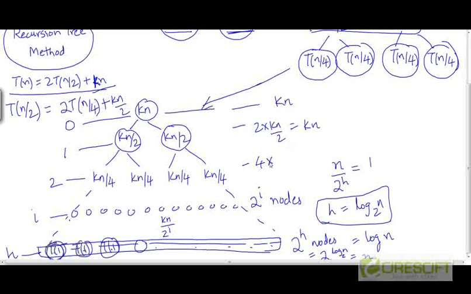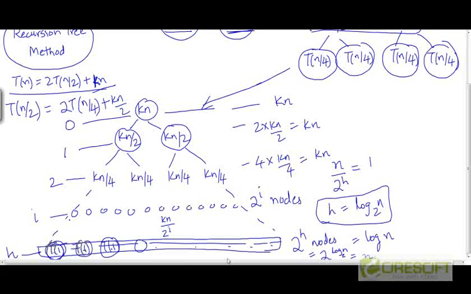And so the cost it will contribute is again k times n. Level i will have 2 to the power i nodes, each having a cost of kn by 2 to the power i. So again it will contribute kn. So each level is contributing kn. If you add the values on the nodes at each level, every level is contributing exactly the same, k times n,